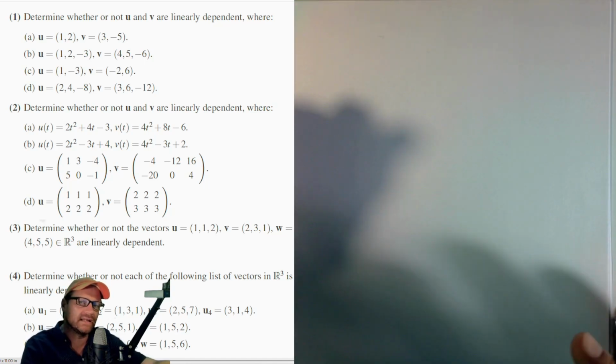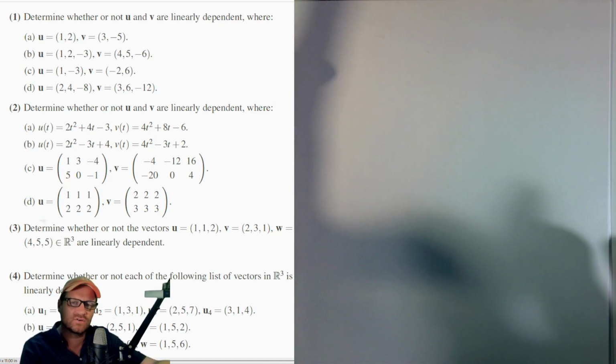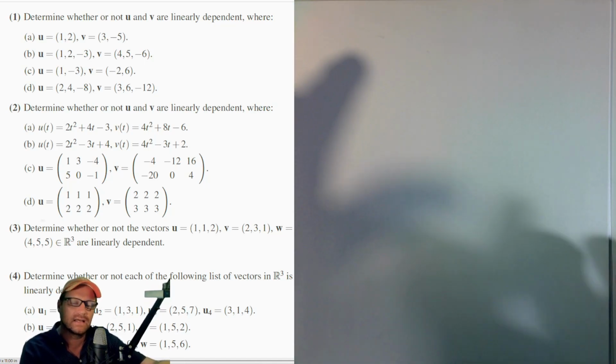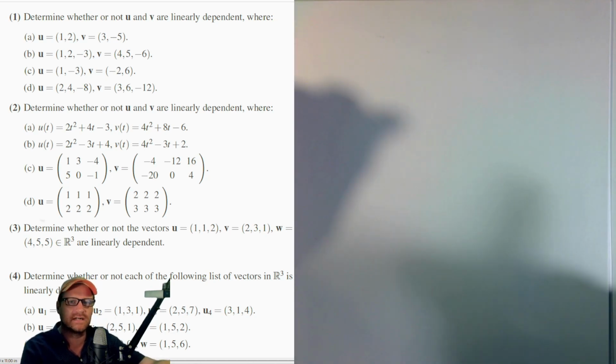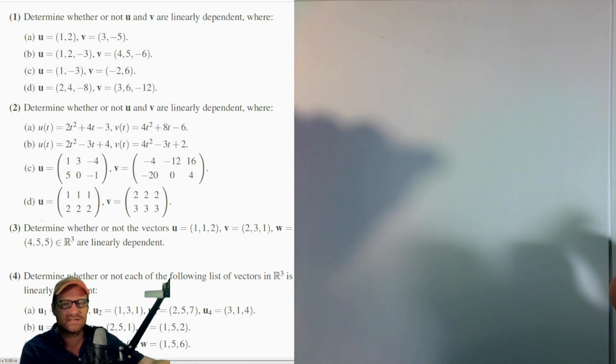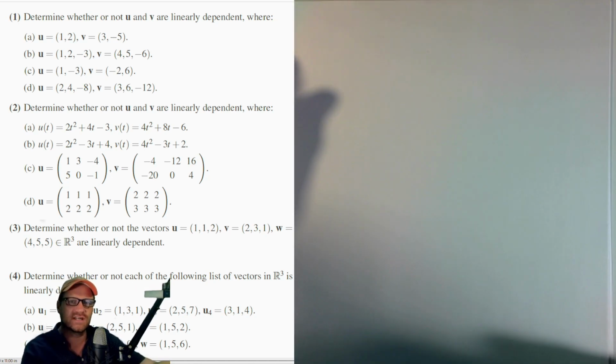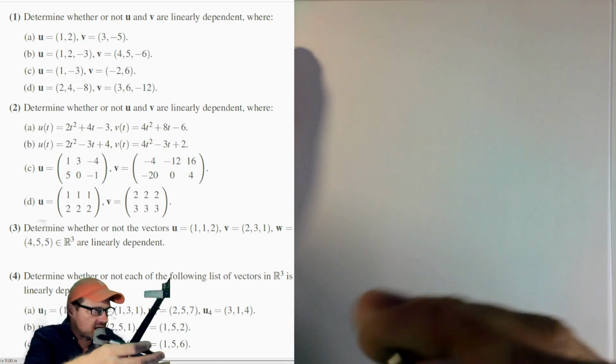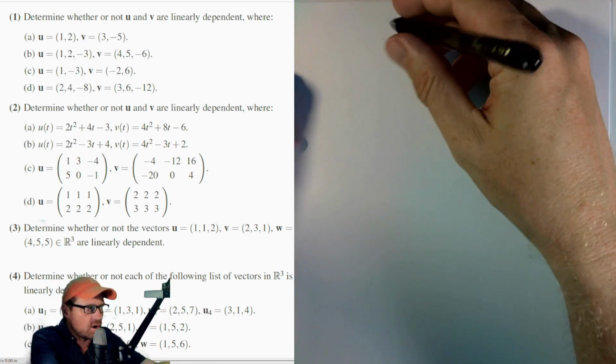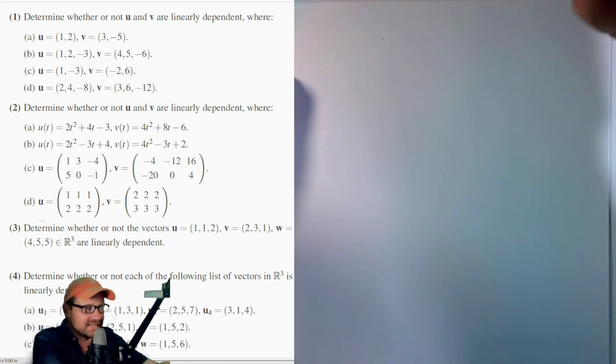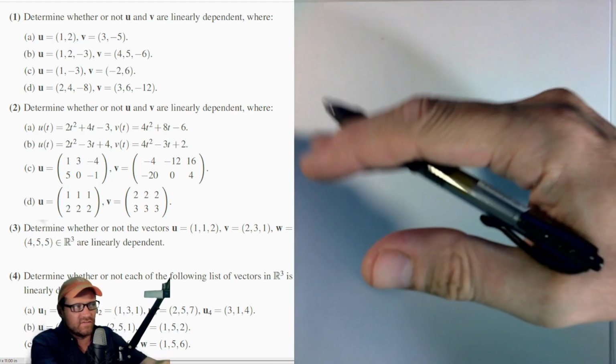Welcome! In this linear algebra tutorial, we're going to do some problems on linearly independent vectors, linearly dependent vectors, basis, and dimension. So if you're interested in that, then stick with me. Okay, question 1. Determine whether or not u and v are linearly dependent, where u and v are given by